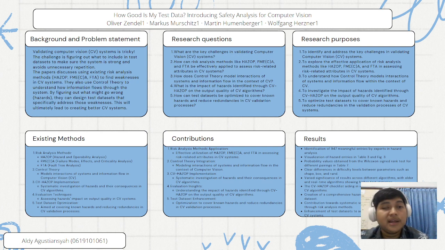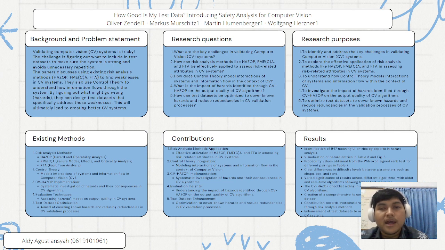This will ultimately lead to creating better computer vision systems. Research question: what are the key challenges in validating computer vision systems? How can risk analysis methods like HAZOP, FMEA, CA, and FTA be effectively applied to assess risk-related attributes in computer vision systems? How does control theory model